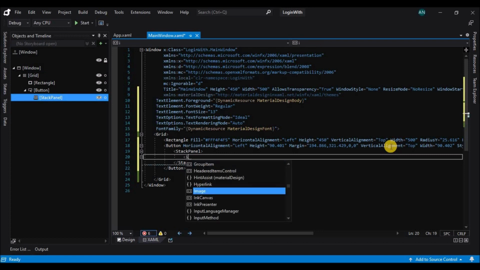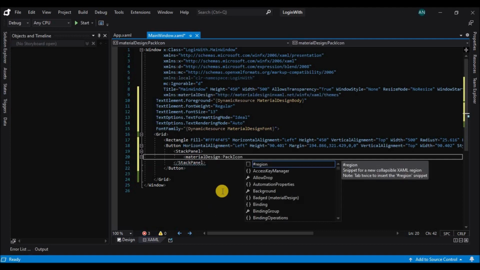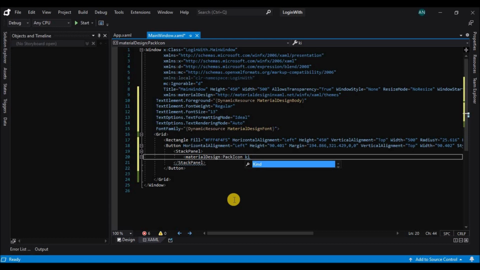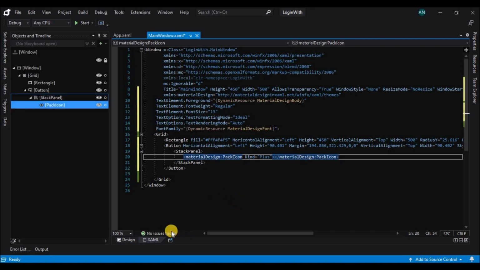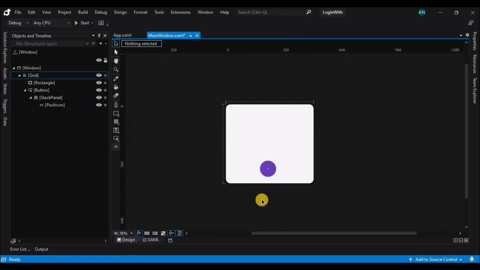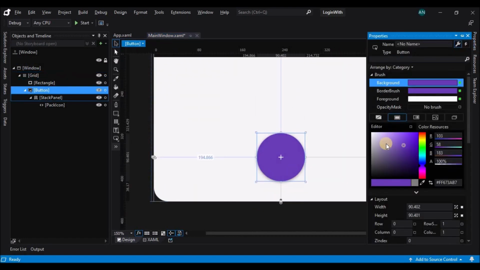Okay, and inside the stack panel let's add an icon pack. So just type pack icon and you will have this material design tag, and inside that let's select the icon using the kind attribute, and here I'm selecting the plus icon. Now let's zoom in and select the button and change the background to white